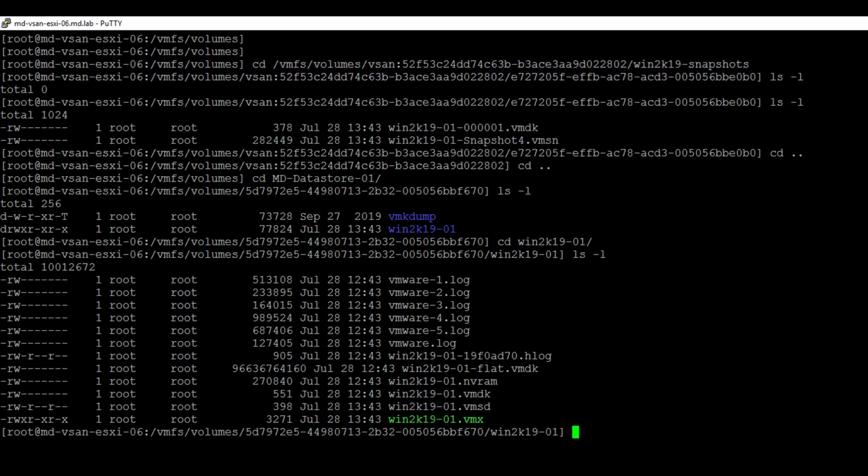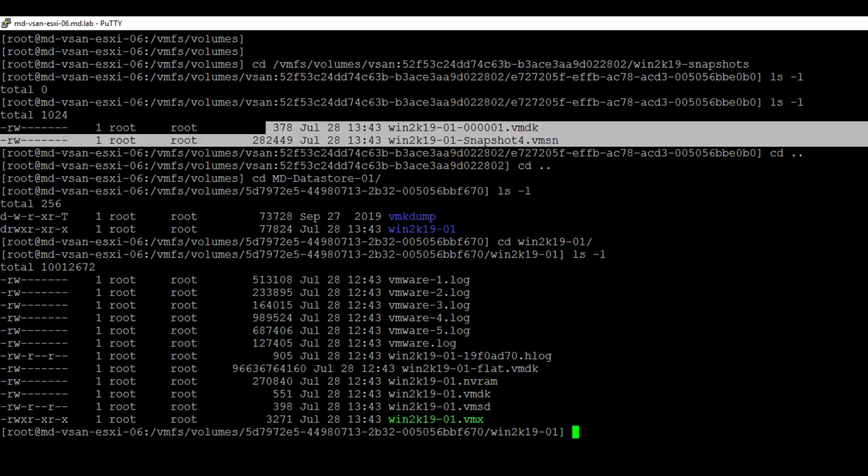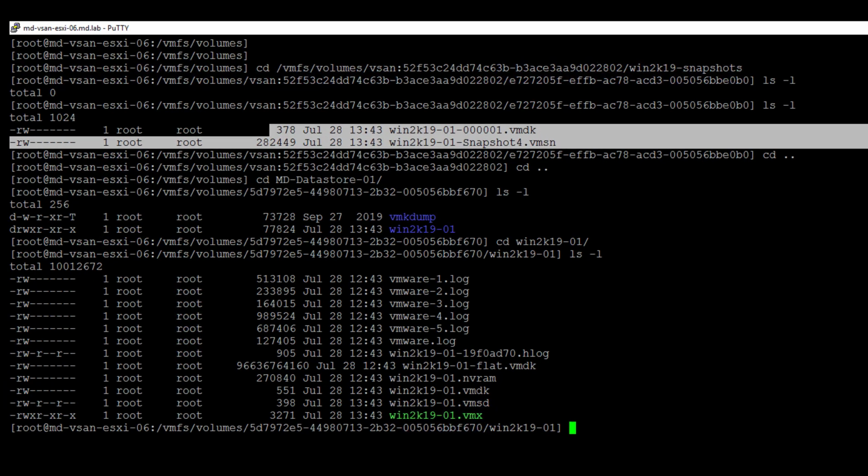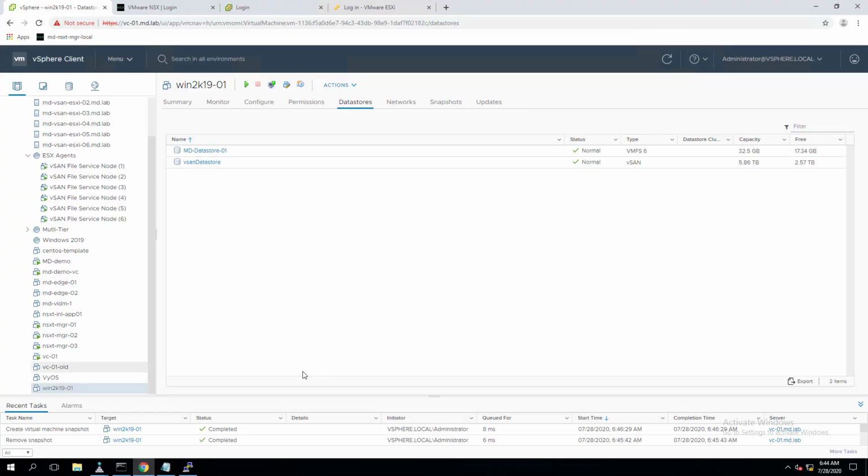So let's go back to the virtual machine directory. The virtual machine is stored in one data store, and my snapshot is stored in a different data store under the different directory which we have specified in the VMX configuration file as the snapshot working directory. Okay, so I hope this video helps you to understand the detailed procedure of how to change the default virtual machine snapshot location, and redirect the virtual machine snapshot files to a different data store without filling up the existing data store.